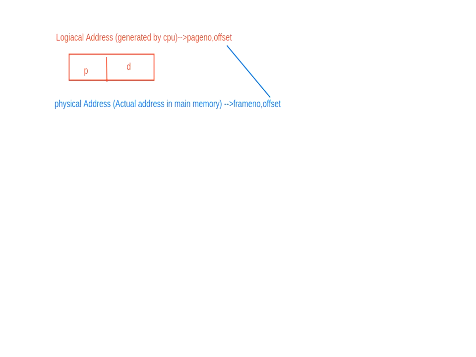Okay, so let me draw here. A rectangle. And here you will have a frame number and an offset. You see, D is the same here. Okay, so now what you need to understand is,